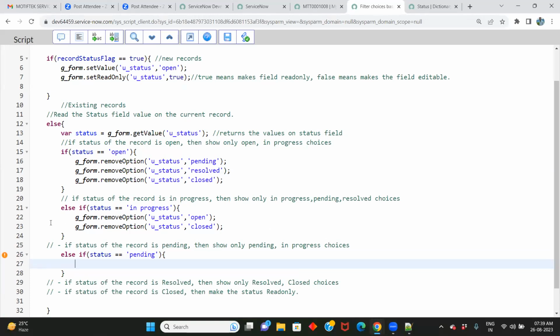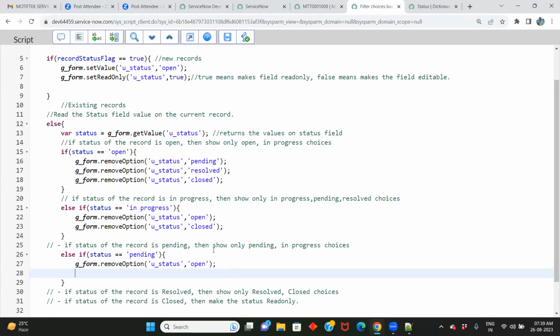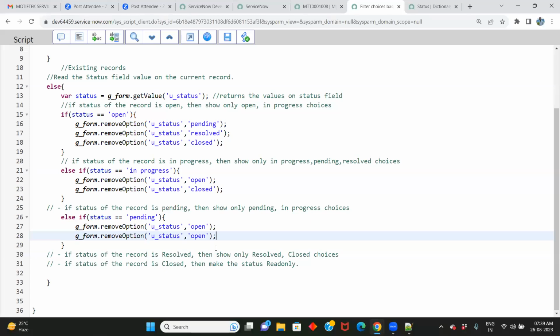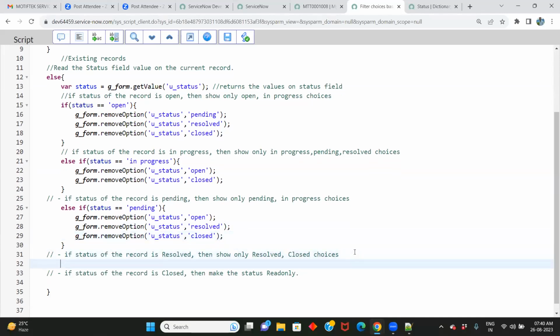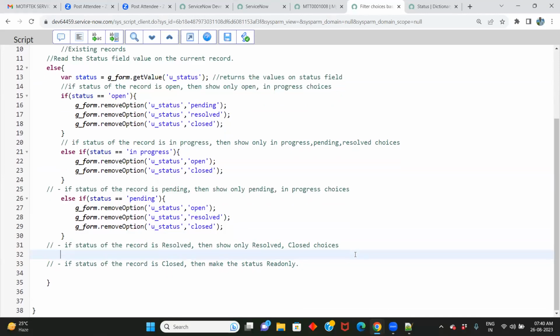So we can copy. Removing the open choice, removing the other choices, like resolved, then closed. So these choices I am removing. And for the other, that is else if,